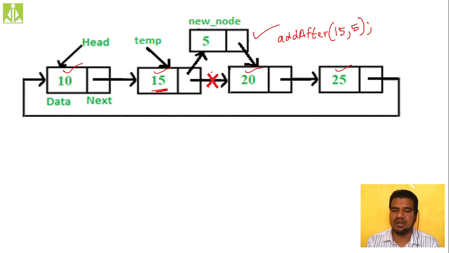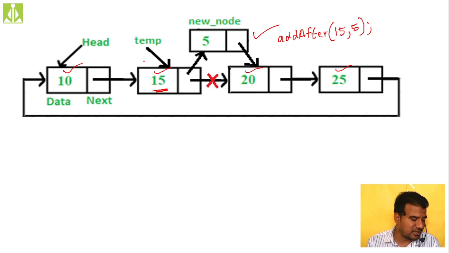But how I am doing it: I will simply add that node as the only node, because when the head pointer is null, there will not be any nodes, isn't it? So I will add this as my first node inside the singly linked list. Likewise I do. So if at all